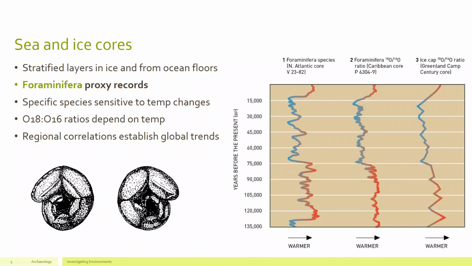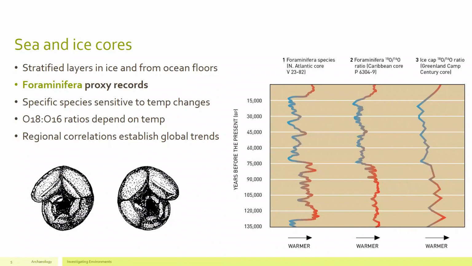One species in particular that is important, particularly for ocean floor coring, is foraminifera. Foraminifera are small organisms that live in the ocean. They're very sensitive to the ocean temperature, and they preserve in their shells the climate through what we would call a proxy record. So foraminifera are an excellent library of proxy records for environmental reconstructions.